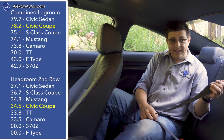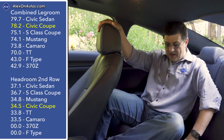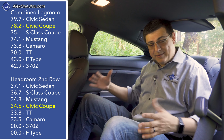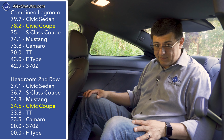Another touch that could be handy in a pinch is this center seat belt back here. Theoretically, you could put 5 in the Civic Coupe. The rear bench is about as wide as the Civic sedan, so overall width is going to be just about as comfortable as that compact sedan, but you can see the headroom is even more limited back here in the